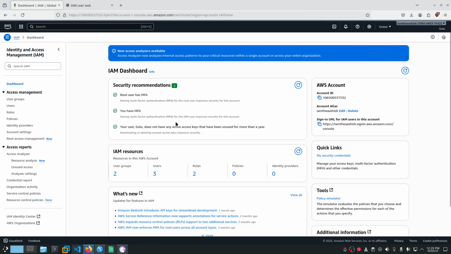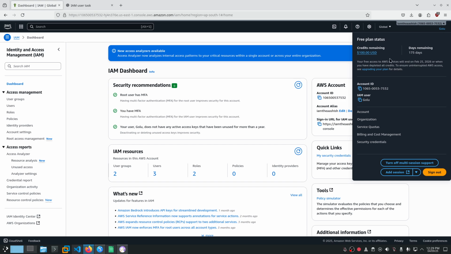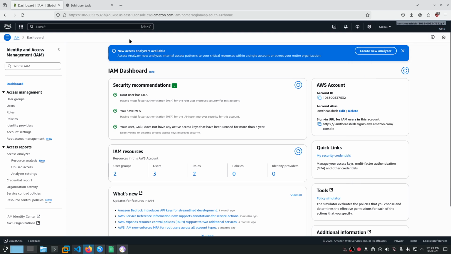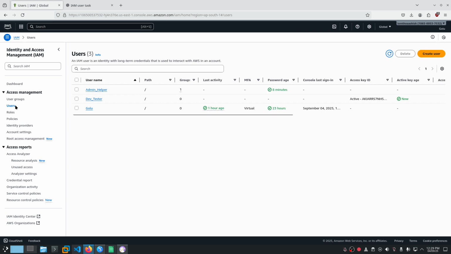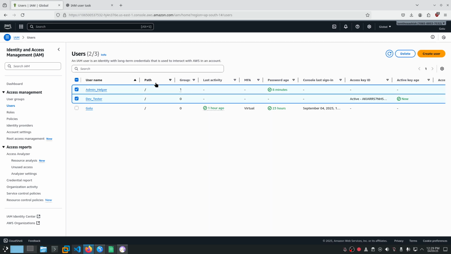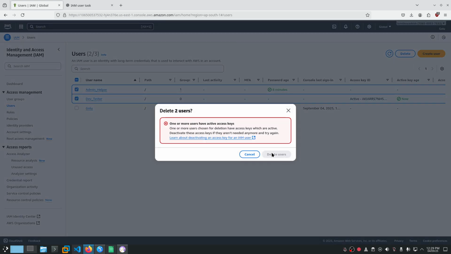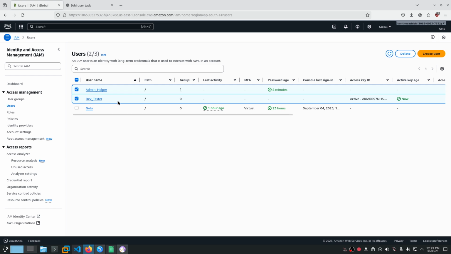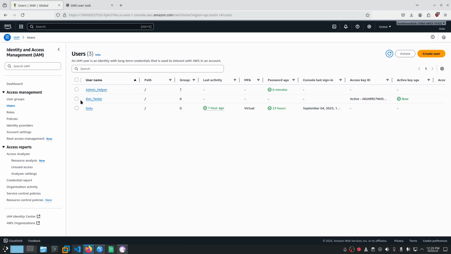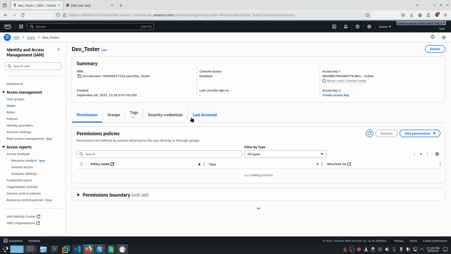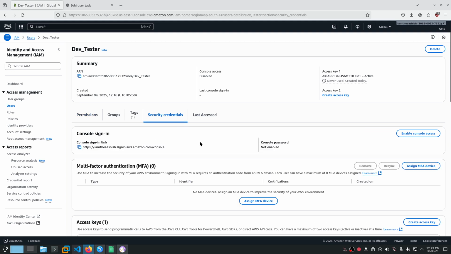So I'm going to delete all these users from here. $100 credits are remaining for 175 days. Going to delete it. So firstly, we'll have to go to security credentials.